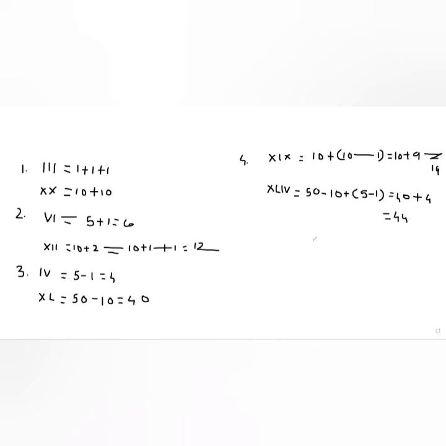Understand? So this is our fourth rule. Then the last rule is V is not written to the left of X. That is, the symbol for 5 is not written to the left of X. In the same way, L and D are not written to the left of a bigger number. That is the fifth rule. V is not written to the left. We can write XV. V is not written left of the X, so not VX.